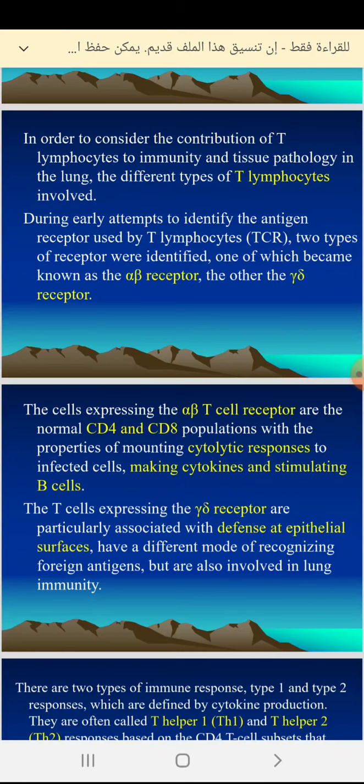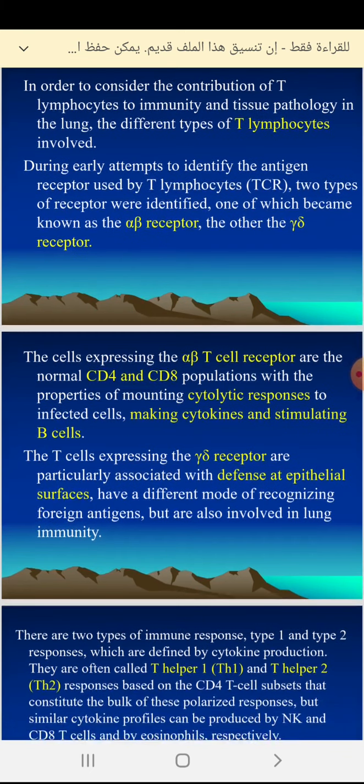In order to consider the contribution of T lymphocytes to immunity and tissue pathology in the lung, the different types of T lymphocytes involved. During early attempt to identify the antigen receptor used by T lymphocytes, T cell receptor طبعا